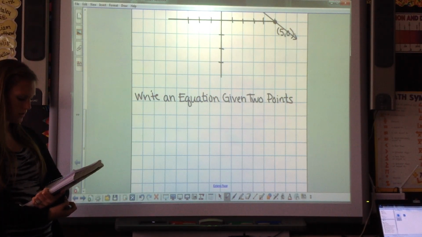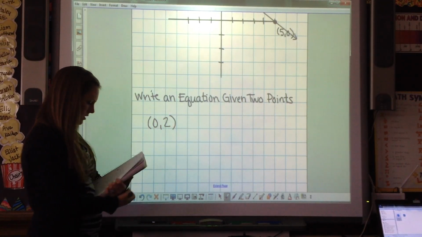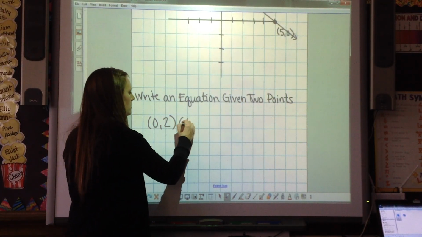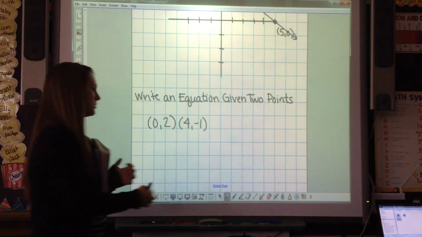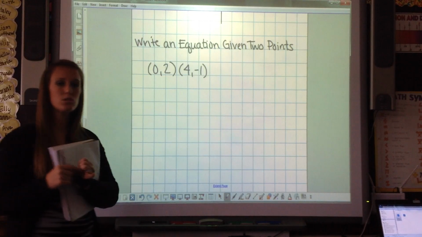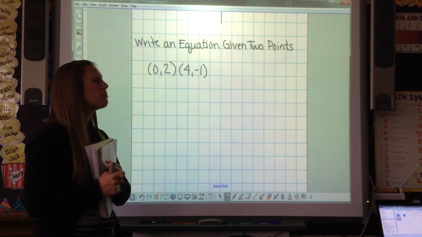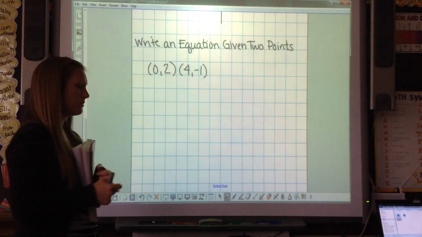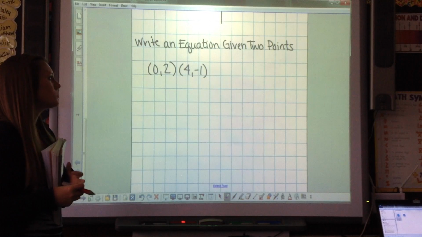Get two ordered pairs, 0, 2, and 4, negative 1. There are different ways to approach this as well, but the same concept. You need to know slope, you need to know your y-intercept. I can figure out both of those things without graphing. Graphing is an option, but it's going to take longer. So without graphing, I